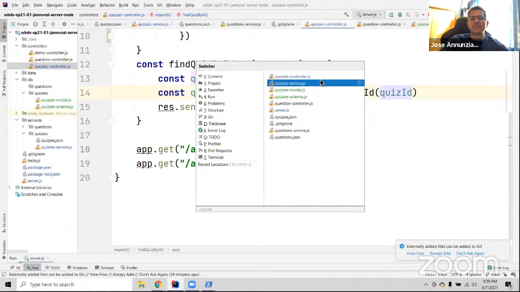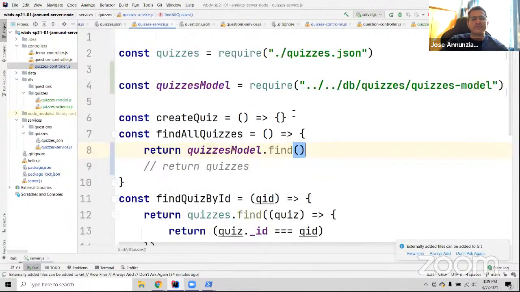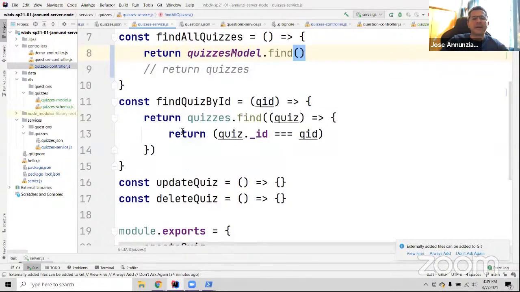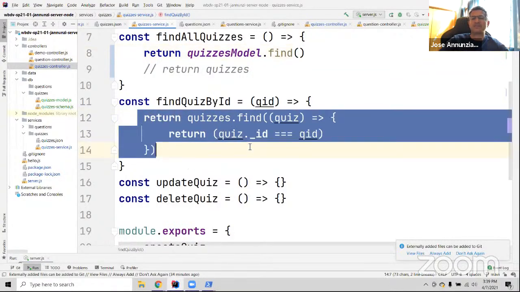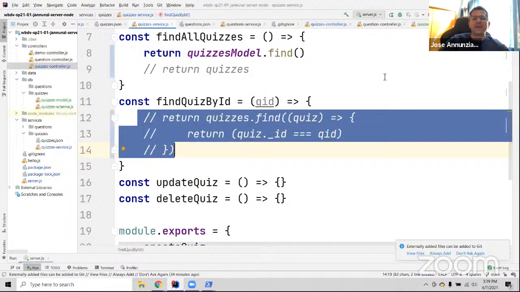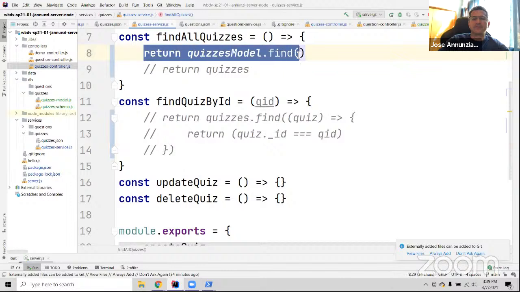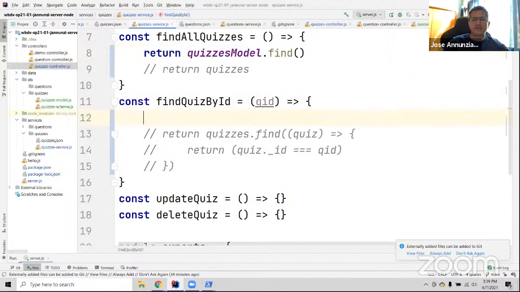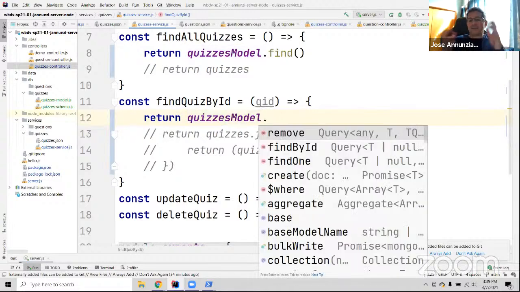So let's go back to the service, and we're going to try and replace this right here. Okay. So I'm going to comment this out, and instead, I'm going to return this. Let me copy that and paste that here. If I do a dot again, notice that there's a whole bunch of functions here that are very useful. These are very similar, very generic functions